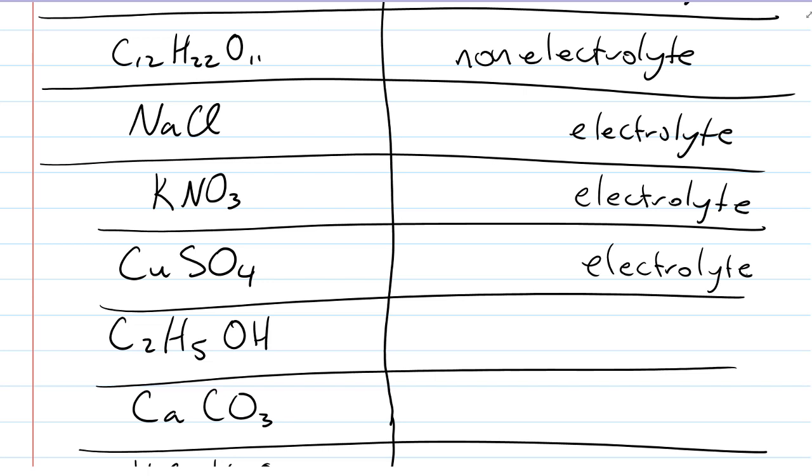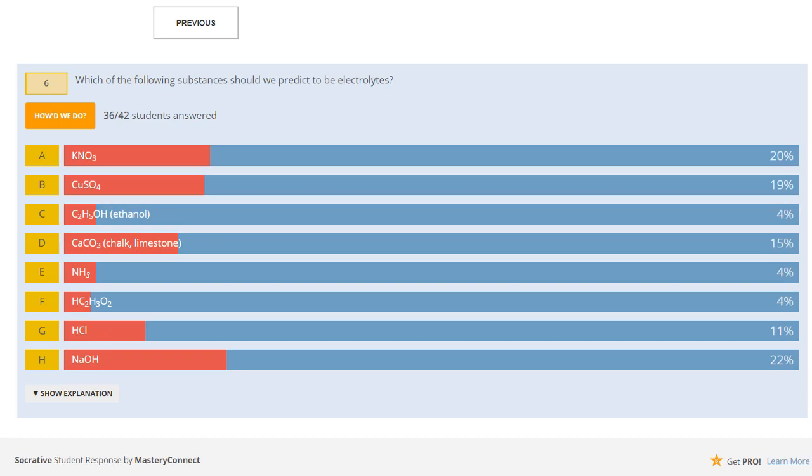And we check, oh, so now you go out drinking on a Friday night. Of course, most of you are too young, so you don't. But if you were old enough and legal and had too much to drink, would ethanol supply you some electrolytes? How many think it would? Well, some of you thought it would, right? Some of you thought that, yeah, at least 4% of you did. And we see that it is a non-electrolyte,